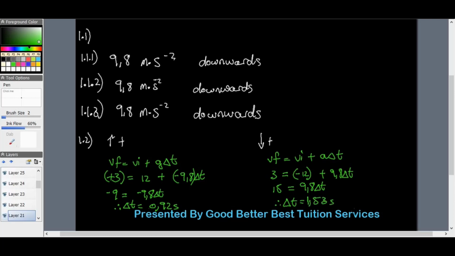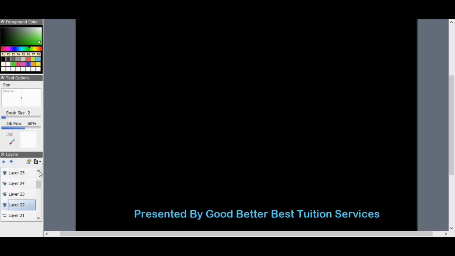1.53 seconds, of course, and that's correct. Okay, sorry about that little boo-boo earlier. That was my bad. So first, when it moves upwards, it gets to 3 at about 0.92 seconds, and then moving downwards, it gets to 3 at about 1.53 seconds for 1.2. For 1.3,